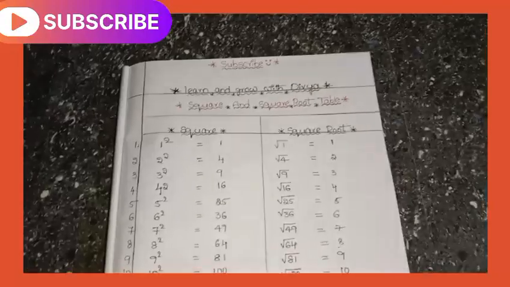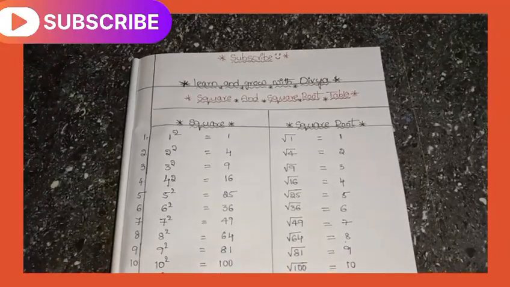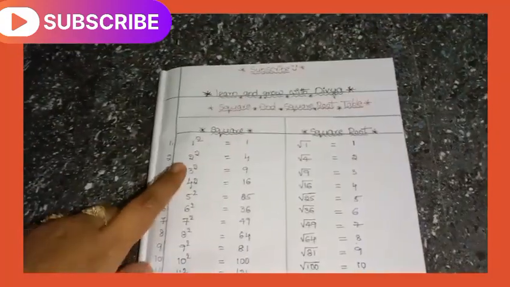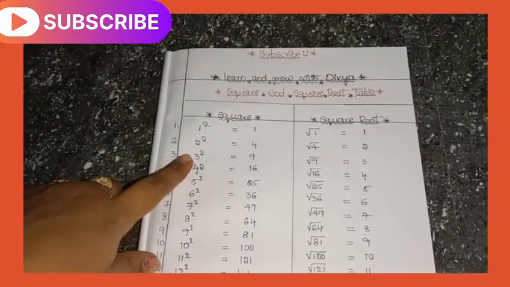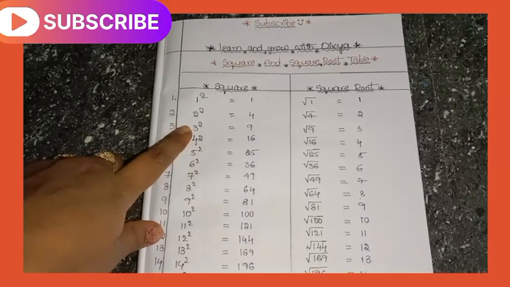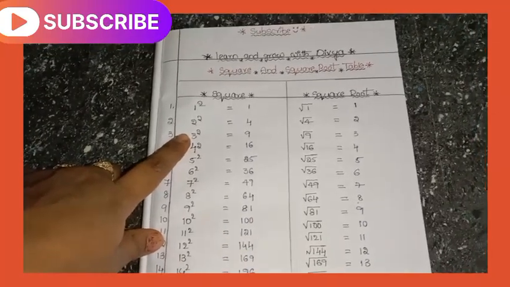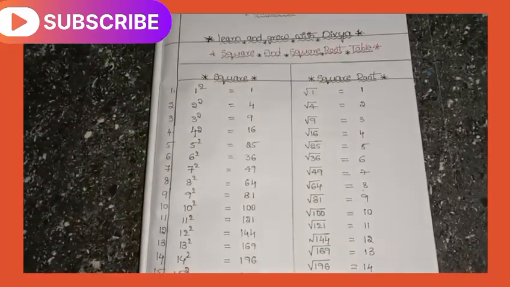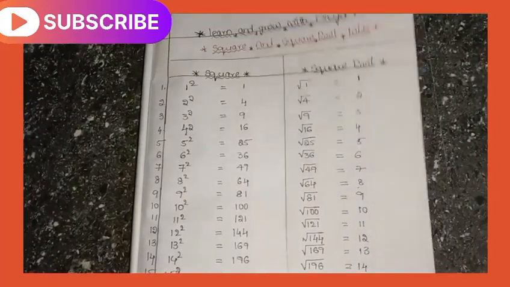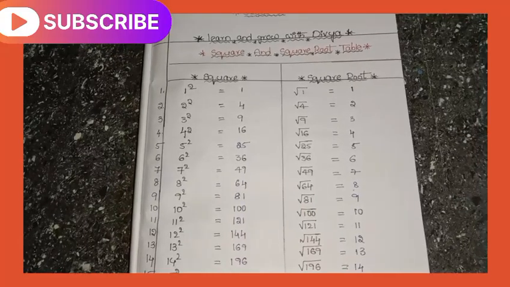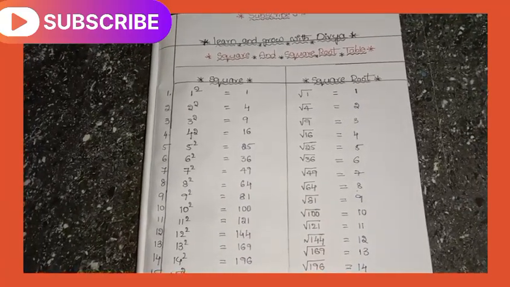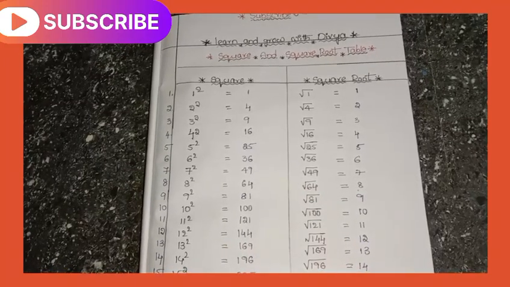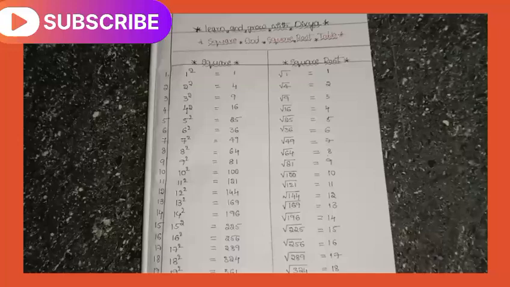Let's see the square and square root table. Squares: 1 square is equal to 1, 2 square is equal to 4, 3 square is equal to 9, 4 square is equal to 16, 5 square is equal to 25, 6 square is equal to 36, 7 square is equal to 49, 8 square is equal to 64, 9 square is equal to 81, 10 square